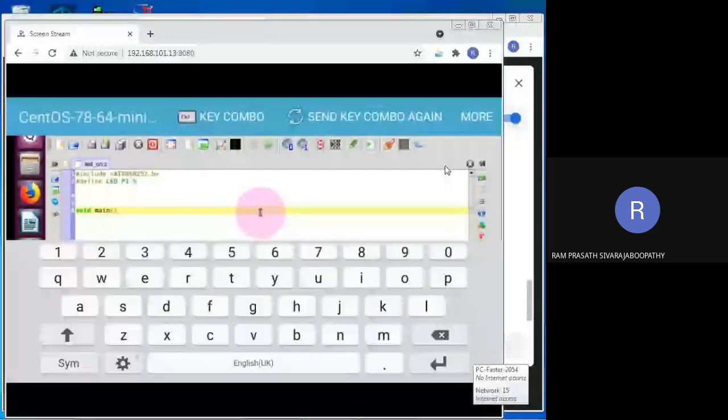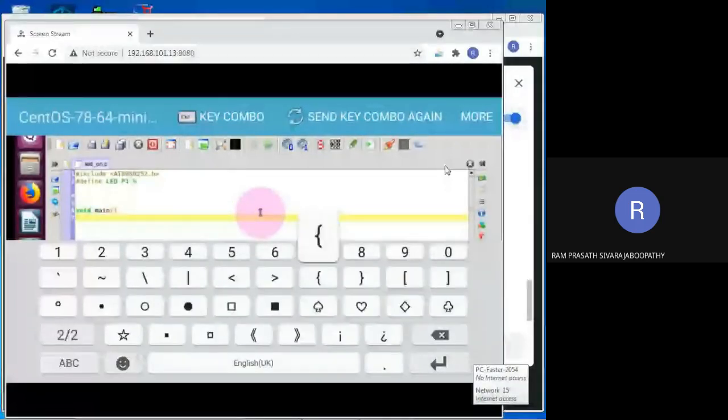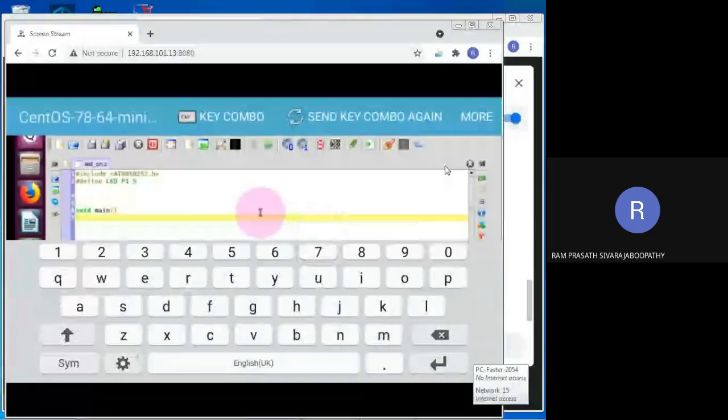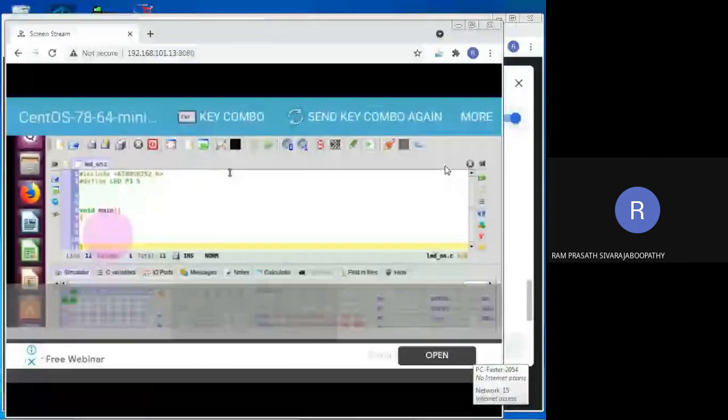So here I have to open the brace. Yes, I have opened. Now I have to press enter twice so that in between I can type my program. Wait a moment. Yes, in between, in this line, I am going to type my code.